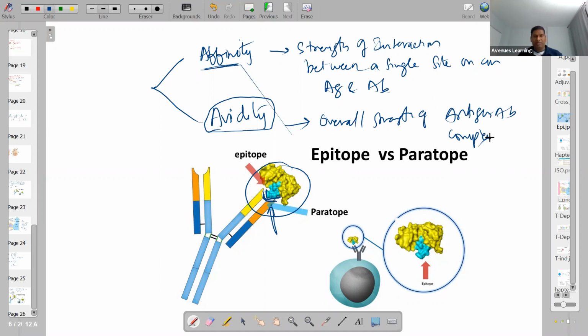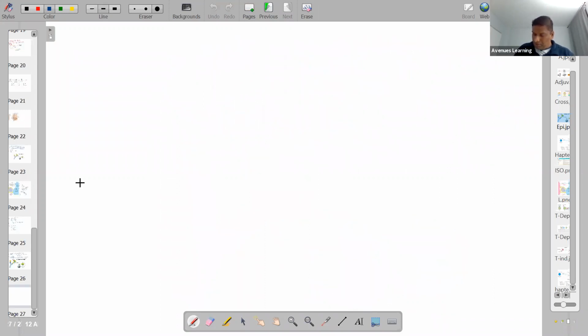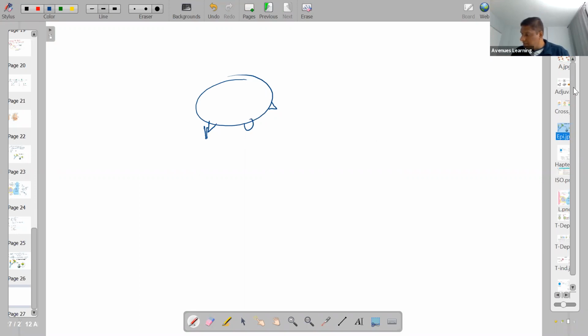Okay, the overall strength of an antigen-antibody complex is your avidity. Now, what do I mean by that? Let's say this is your antigen and these are the antigenic determinants, or epitopes, on the surface of the antigen. Now, each antibody, we know, has a valency of at least 2. So when it starts to cross-link,